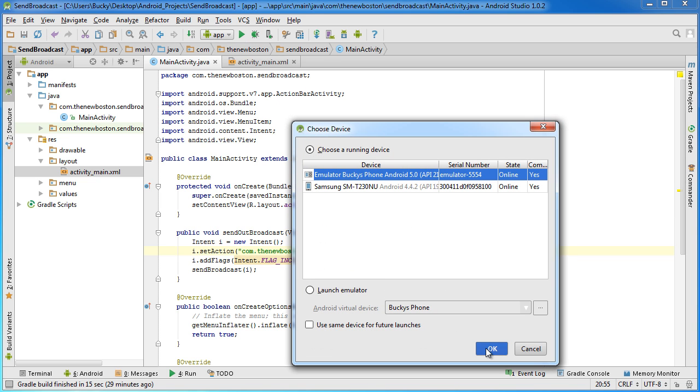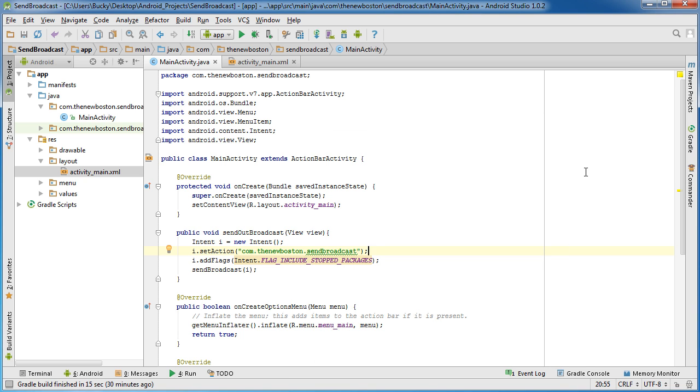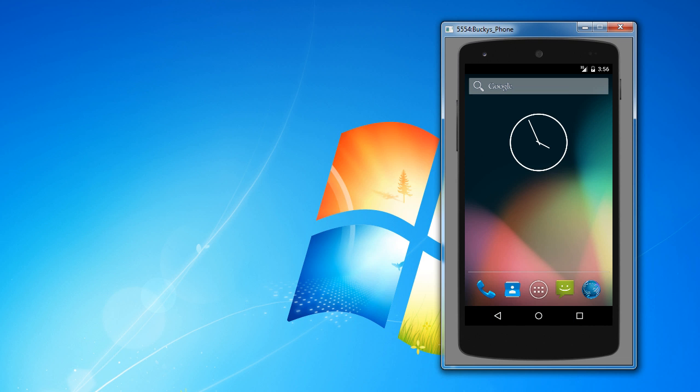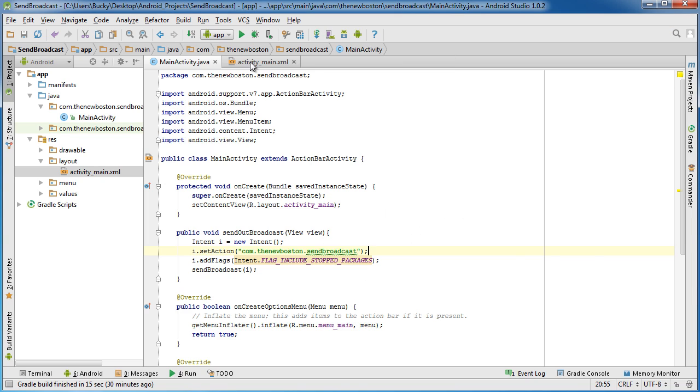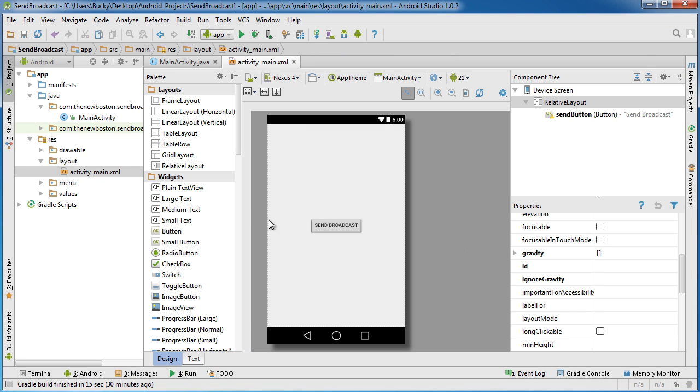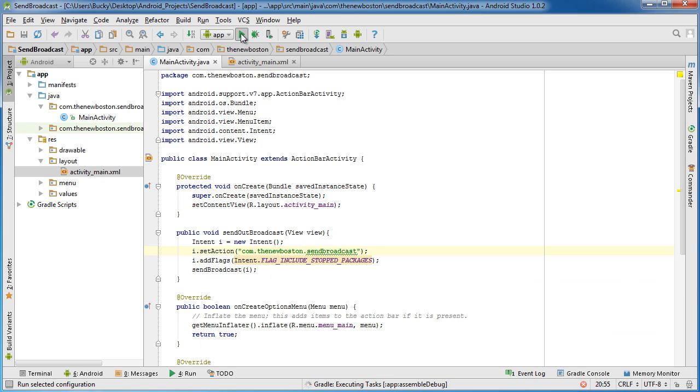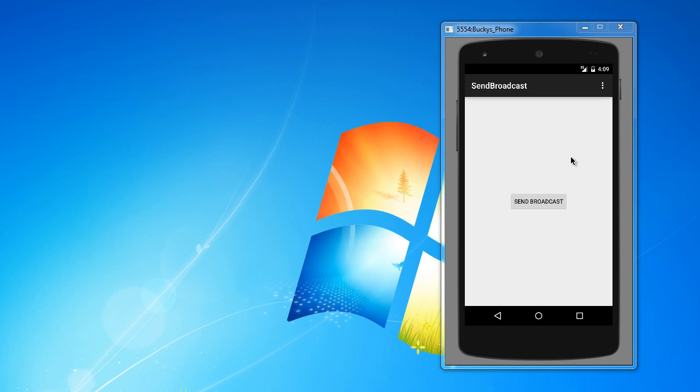So now if we go to our other project, send broadcast, then we can run this project. Alright, so now we got that listener. So again, go to your other project, the one that could send out a broadcast, and just run this too. Now whenever we click send broadcast,